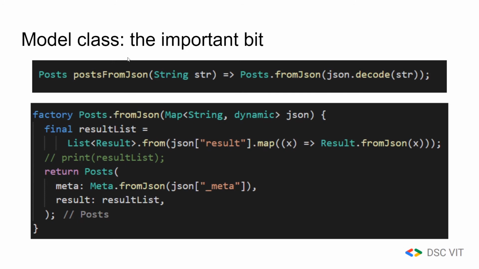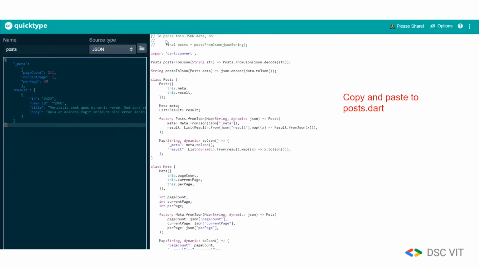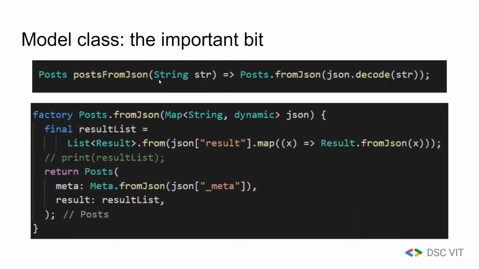So the important bit from this response over here is the Post.fromJson factory class. Post.fromJson returns a valid Dart class from the factory method. Factory methods are used in cases where you don't want to instantiate the entire class itself because it might be heavy, or you only want to instantiate this only once, which is used in our case.